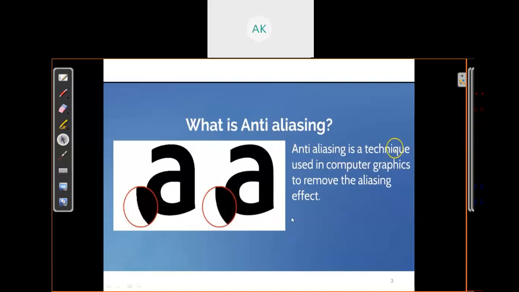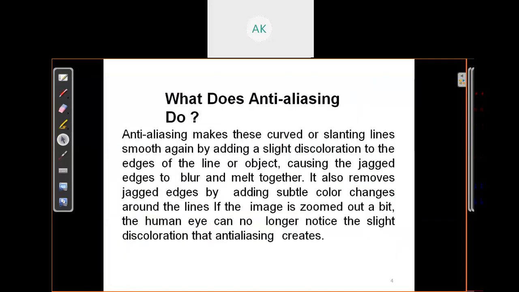So anti-aliasing does not remove the aliasing effect completely, but it reduces it by blurring or melting the pixels.